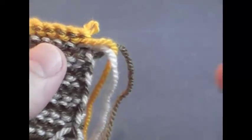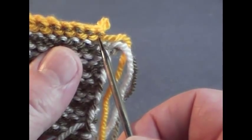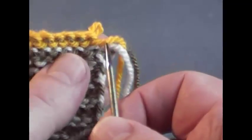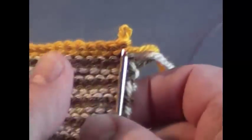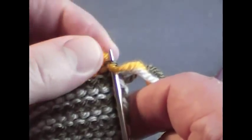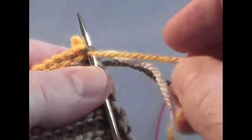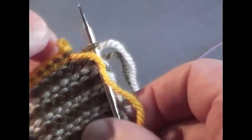So I'll pull that bit out, and now here I can see the stitches I want to pick up. These dark green stitches here, these kind of olive green stitches. So I'm going to put the needle in the first of those stitches, and I want to pull the temporary cast on out of the way so it's not caught around the needle, and then I can just take the temporary cast on stitch out of that one,